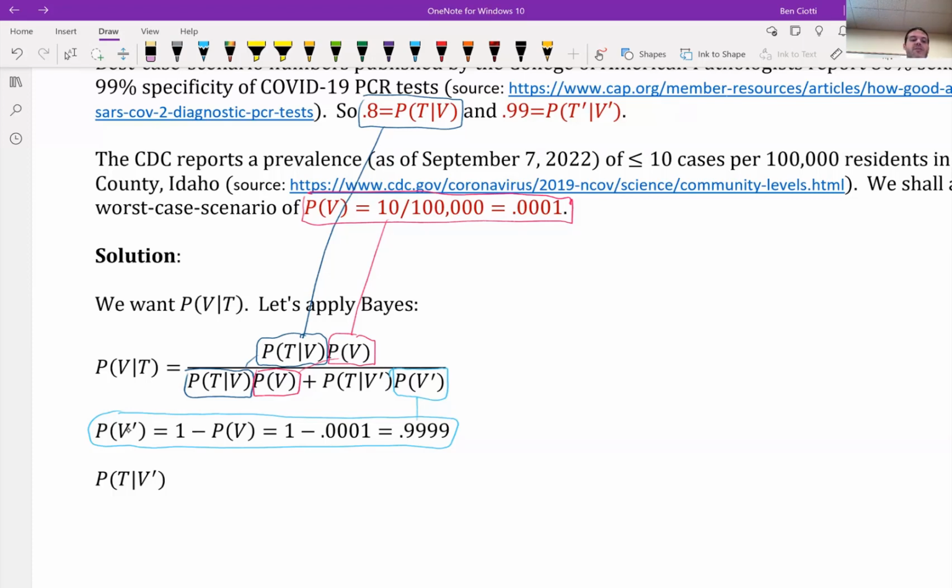What's the relationship between P of T given V prime? I guess that would be the probability that you're negative but test positive. So that's a false positive. What's the relation between the false positive and the true negative rate? Oh, yeah, we can apply the conditional complement formula. This is 1 minus the probability of T prime given V prime. So it's 1 minus the true negative rate. 1 minus 0.99 or 0.01. Fantastic. We have everything that we need